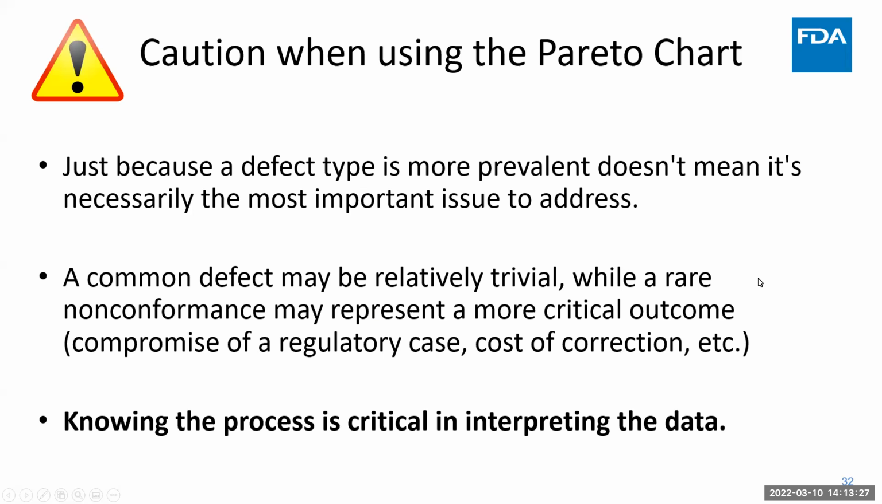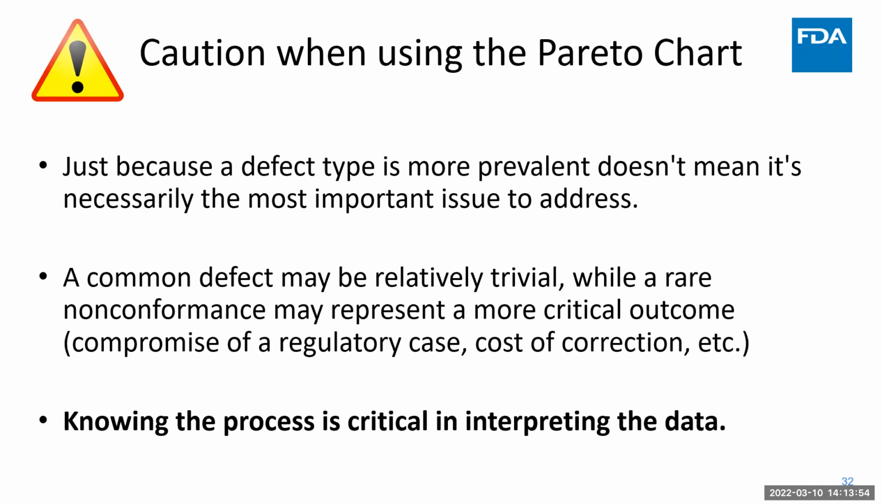Just because a defect type is more prevalent doesn't mean it's necessarily the most important issue to address. Those two first categories were minor clerical errors that didn't really have much impact on the process. We had to drill down and look at some more significant errors. A relatively rare error or nonconformance may represent a more critical outcome, such as compromise of a regulatory case, cost